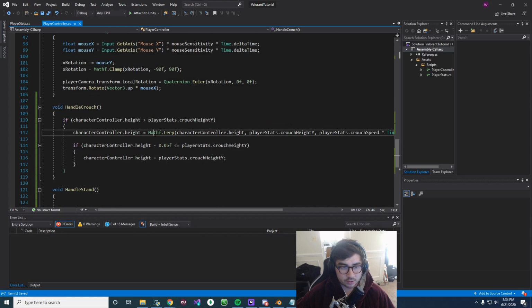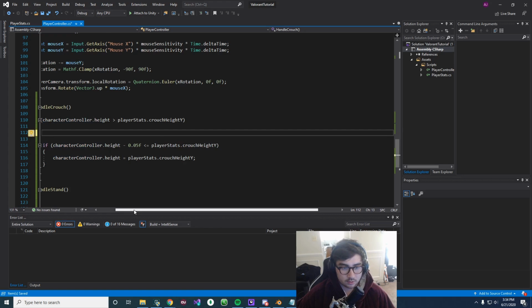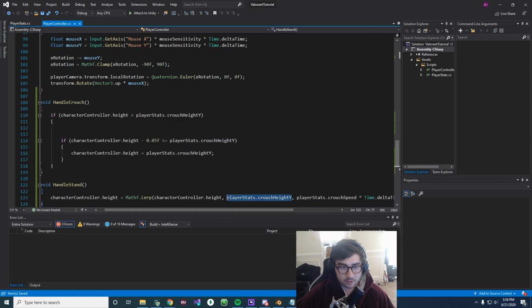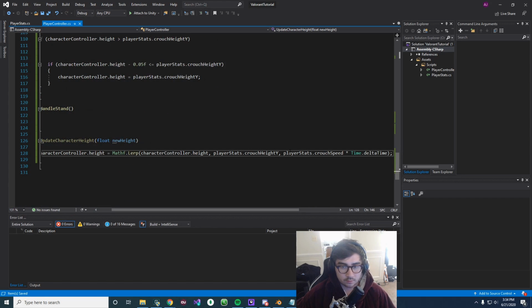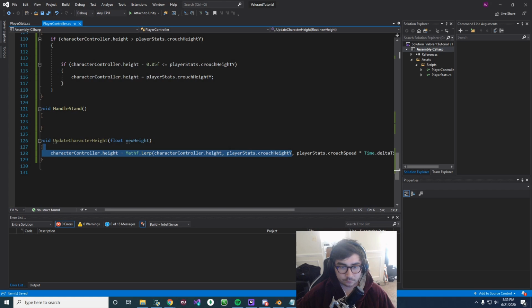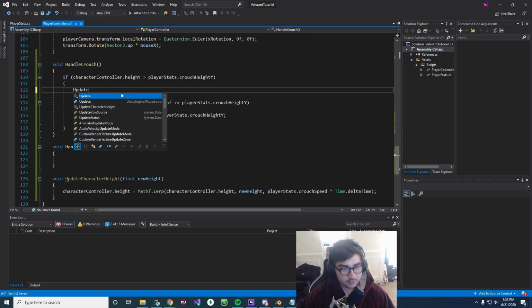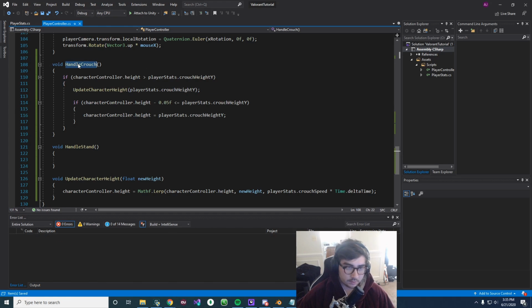And then what we can do is just get what we did in the handle crouch function with this lerp, cut, paste it in here, and then instead of using the crouch height Y, we are lerping to the new height that we pass into the update character height function. Okay. And then in our crouch function, let's call update character height, and then let's just say player stats dot crouch height Y. Okay, so there's our crouching.